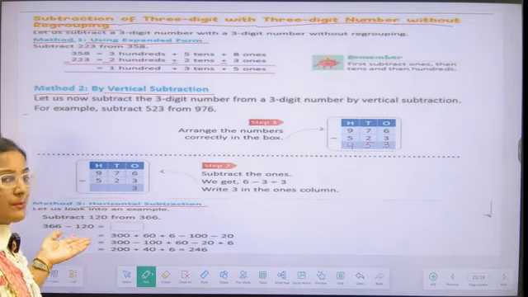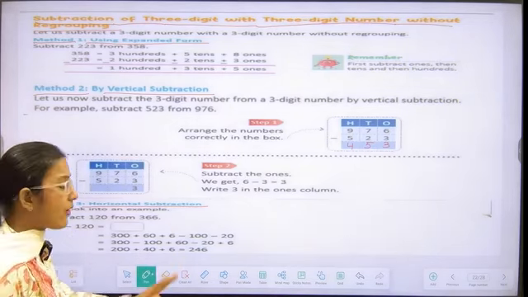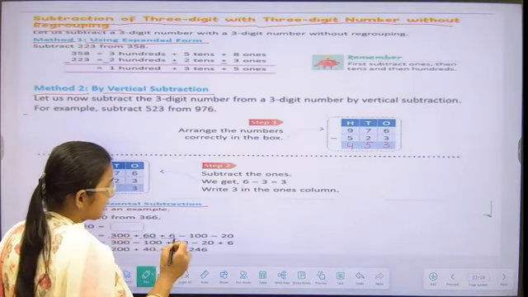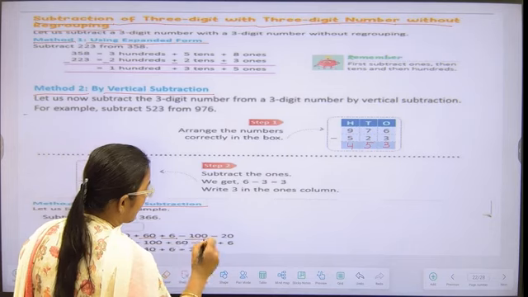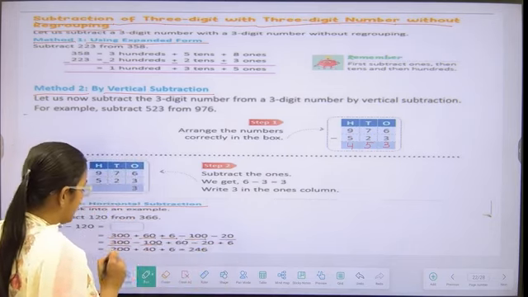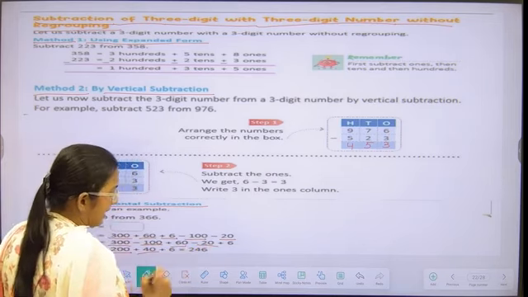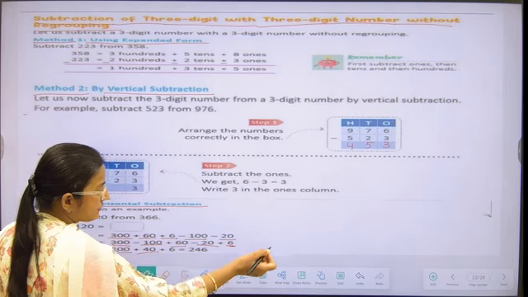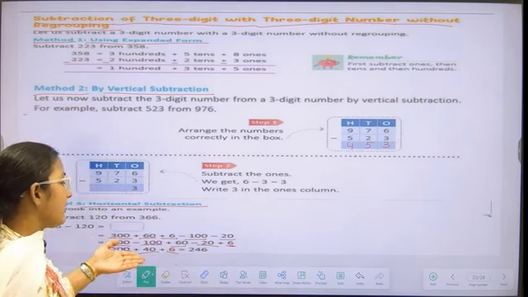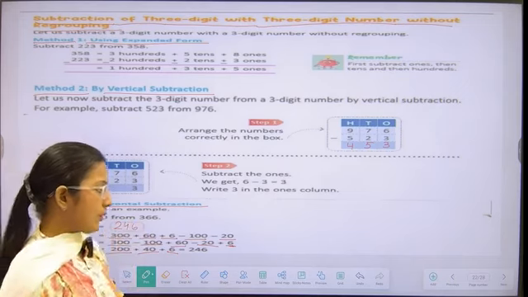In horizontal subtraction, first we are going to write the numbers in expanded form. So we have to write 300, 6 tens, 6 ones, subtracted by 100, 2 tens. So 300 minus 100, I am getting 200. 6 tens minus 2 tens, I am getting 4 tens. And nothing is to be subtracted from 6 ones, so we write 6. So our difference will be 246. We can write 246 for that.